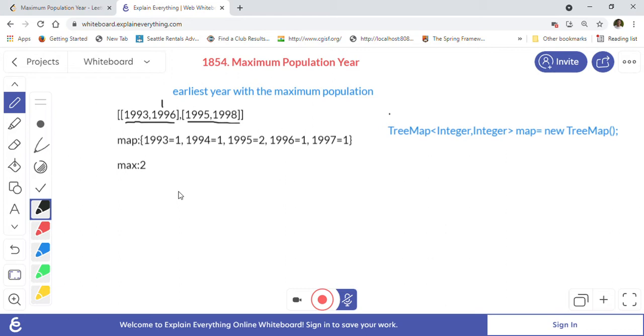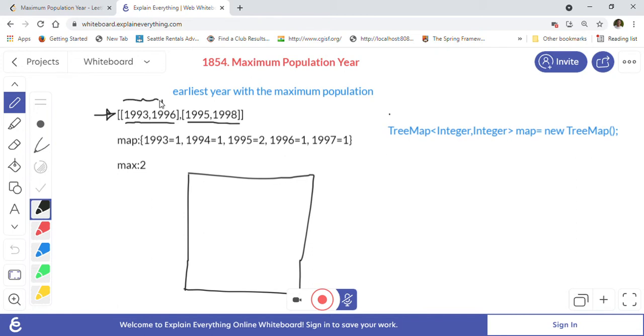So what we will do to solve this problem is go through this given array, and go through each range. For example, we will go from 1993 to 1995, right? And we will populate those populations into a TreeMap, which we are going to use. So for example, we are creating a TreeMap here.